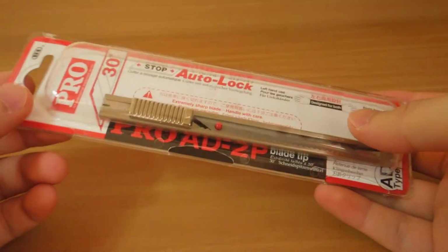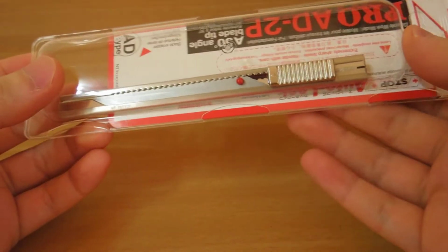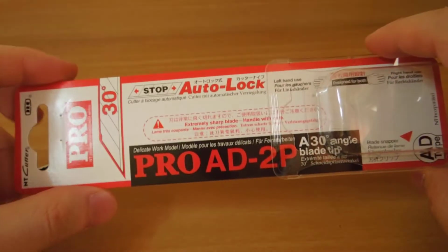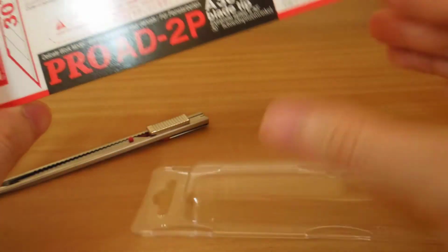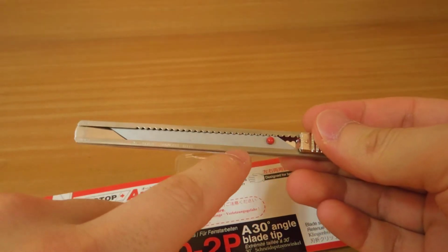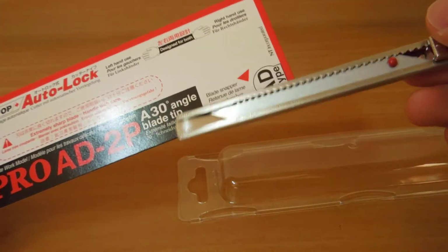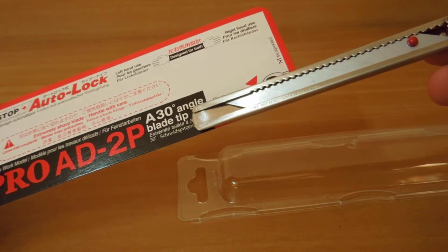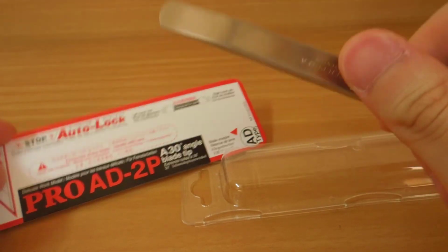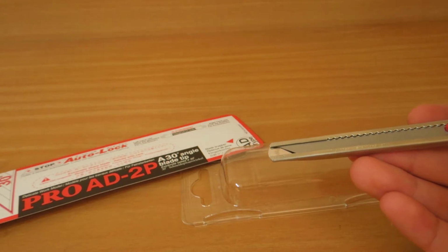Hello guys, I'm Little Tools, and today I'm going to review an NT Cutter, a utility knife. It's the Pro A-D2P model I use, and it has a 30-degree angle blade tip. Of course, you can use a standard 60-degree blade in it, but just saying that they included a 30-degree angle blade. See, if you look closely, wait a minute,